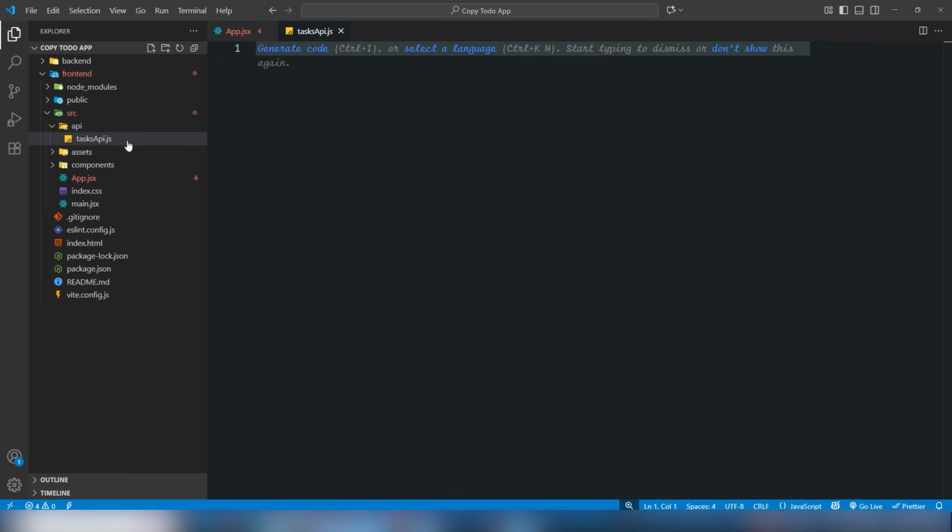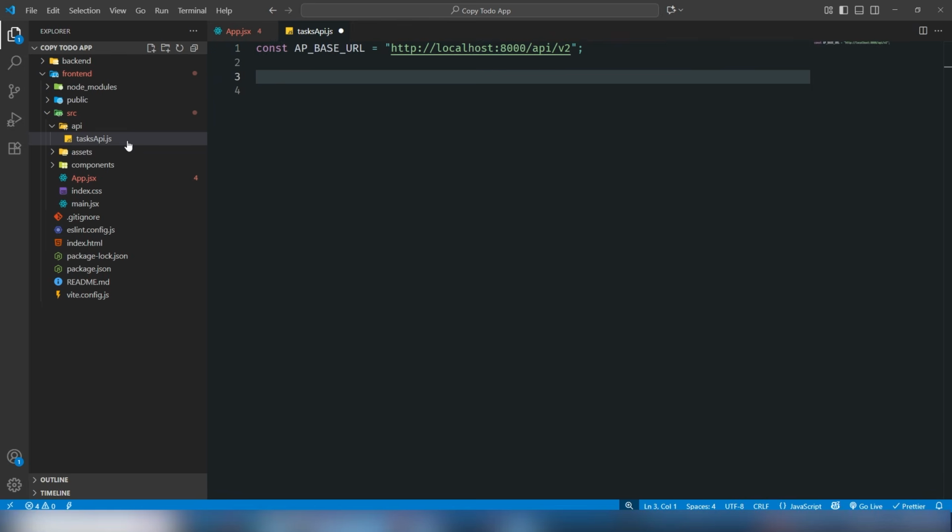API.js. So our main URL, API_BASE_URL, is http://localhost:8000. Remember, we have changed the URL to API/version2 like this. The first step, I'm going to create a function that will help us to get the complete